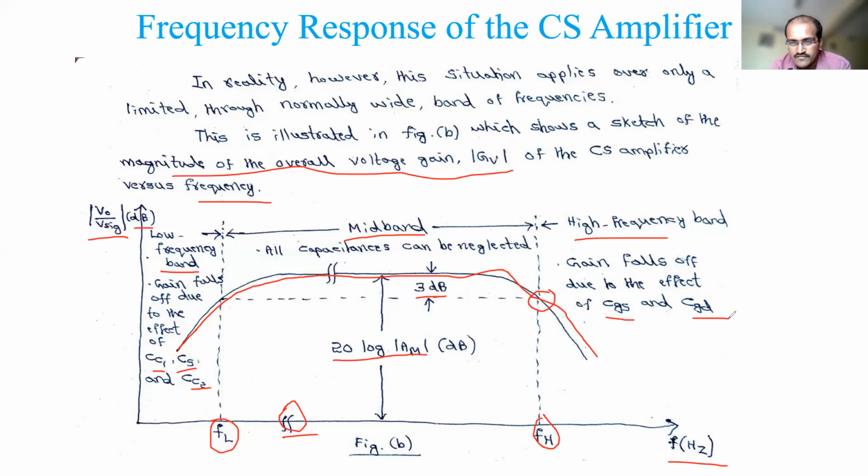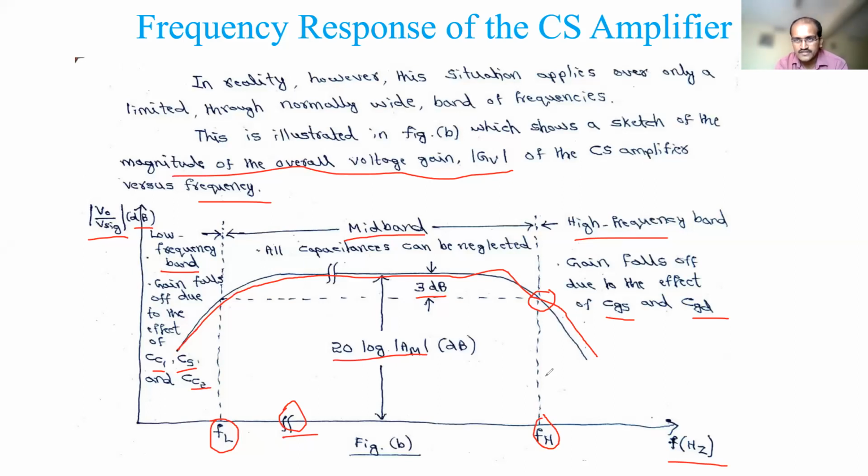In the last high frequency model, we have seen only 2 capacitances, right? There were a total of 4 capacitances. We reduced it to 3 and then reduced it to 2. Even in that, CGD is very small compared to CGS, but still it will play a major role here. That's why it is included. So this is about the response, the frequency response overall picture I have given you.